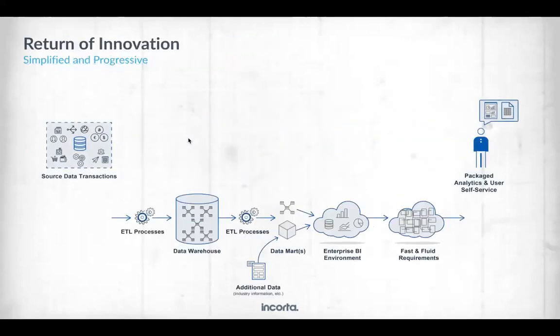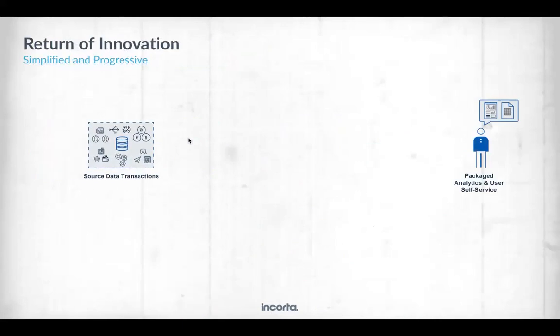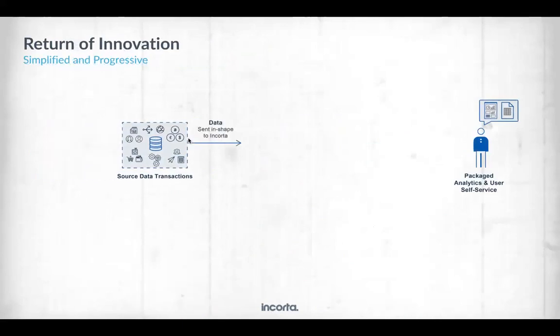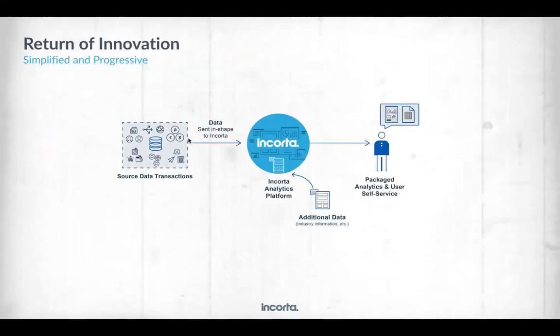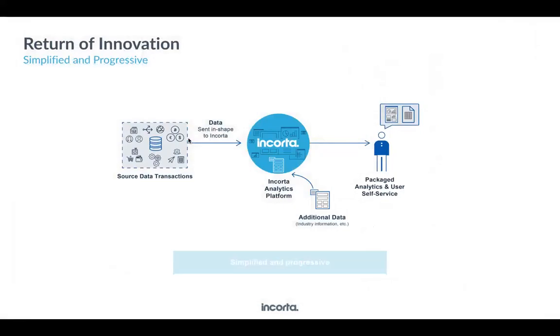Looking back at my traditional architecture, what Incorta would do is we drop that out. We take all 1,000 questions, again, using simple numbers, and pull all those into Incorta. You can even bring additional data in, and I give you full access to all of it. I can simplify it. I promise it won't be confusing when you look at it, and I'll show you that process. It's a simplified, progressive architecture, and it is modern. It is the way that users really want to attack and look at data and work with it. Full fidelity.